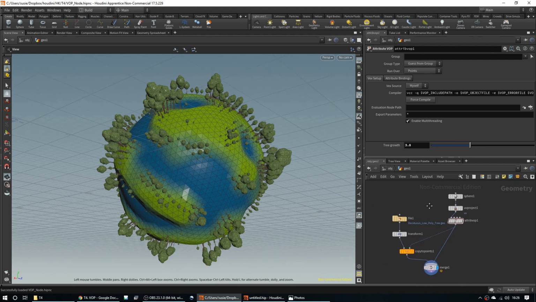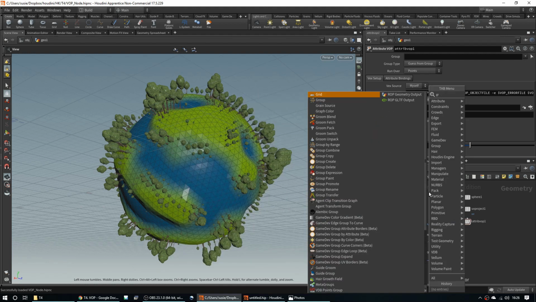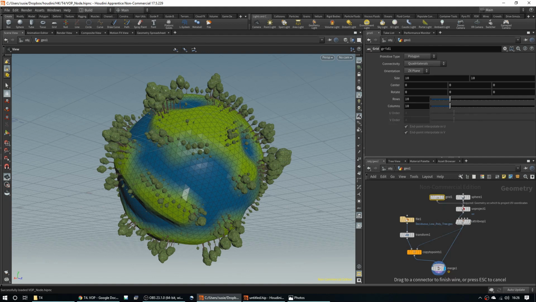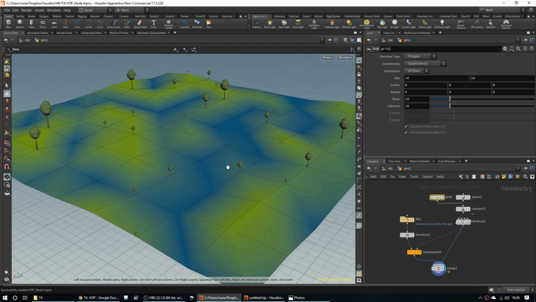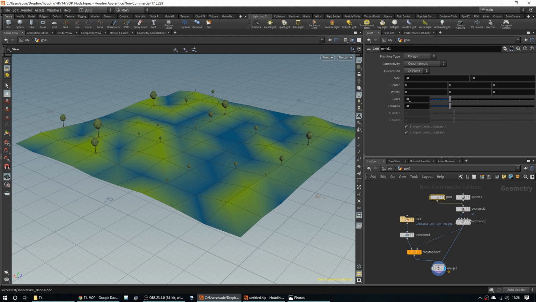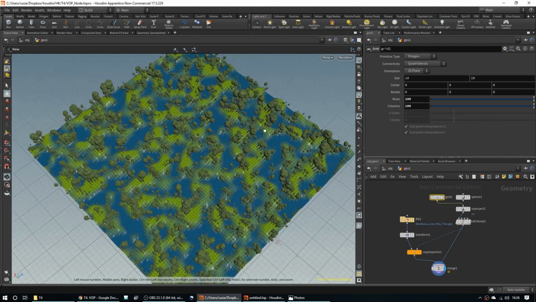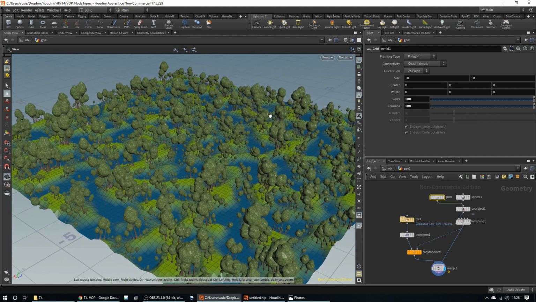Now that you have your completed planet, you might like to try plugging in some different shapes. Because Houdini is procedural, anything that you have applied to your sphere can be applied to any object. So let's try changing it to a grid. Our grid's far too low res, so let's up that a bit and make it 100 rows, 100 columns, which requires a little bit of thought. There we go. So now we have our trees growing on the surface of a grid,